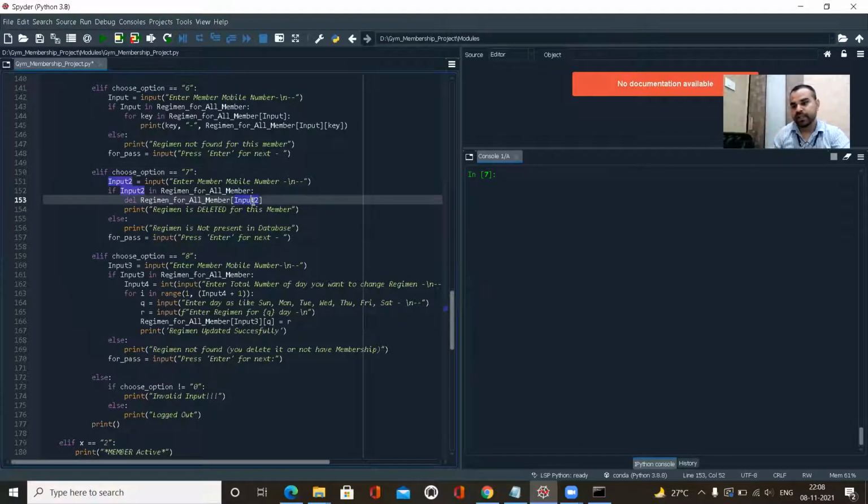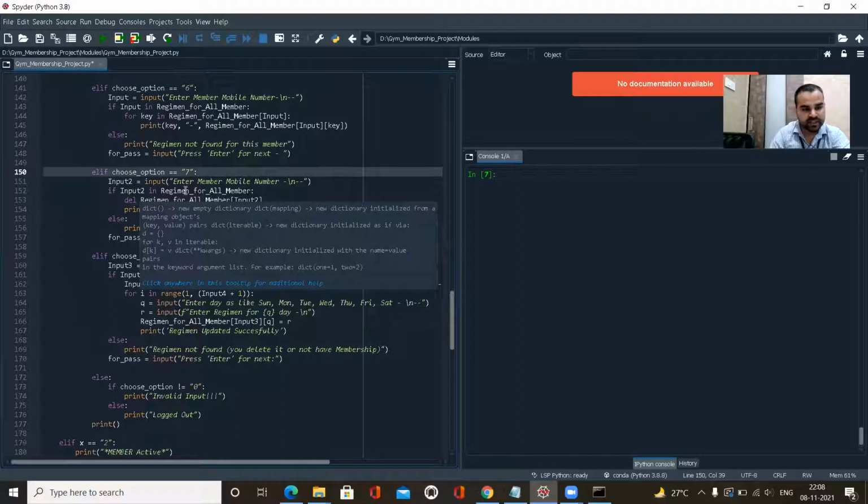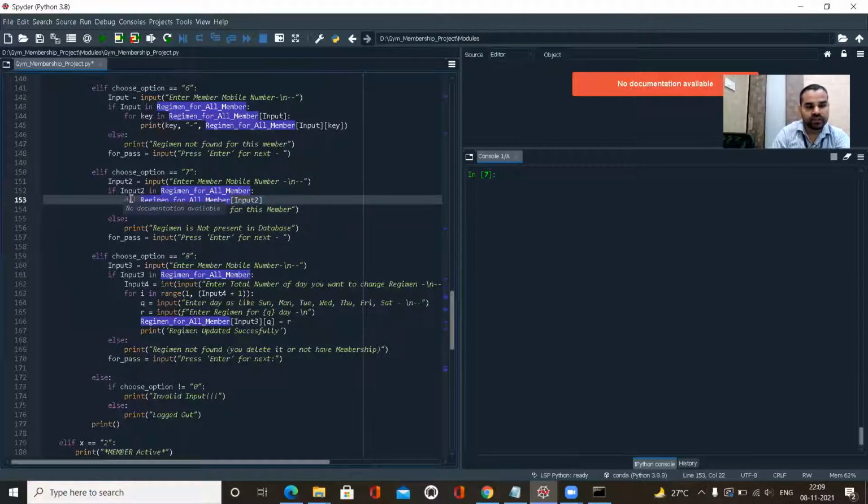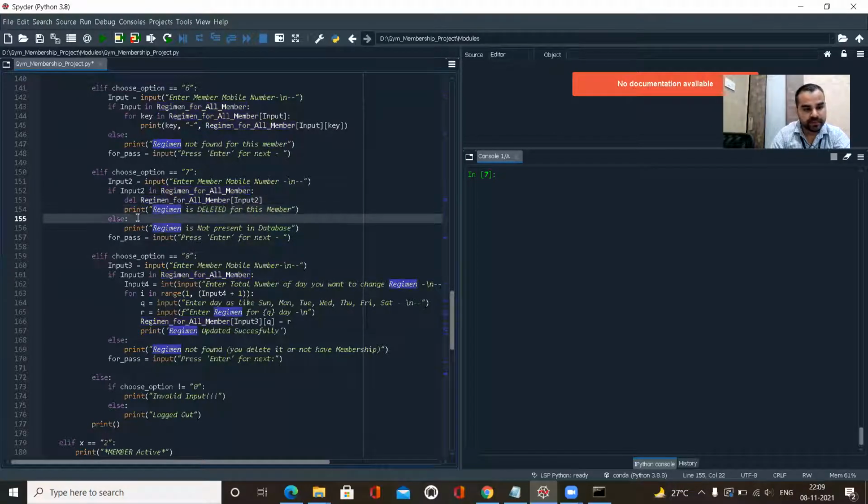If you want to delete any regimen of a member, you have to press 7, and then again the same, it's working in a dictionary. It looks for the data in regimen for all members, and if the data is there and you opt to delete it, it will delete that data. It's not a function, but it will delete the data.